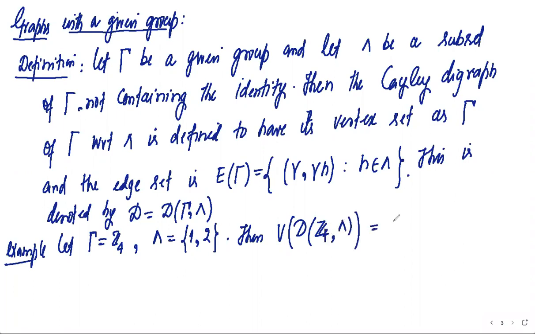Its vertex set is the elements of Z4. So the vertex set is 0, 1, 2, 3. Now we have to define the edges. First we will make the calculations and then we will construct the graph. Now the edges are defined as,